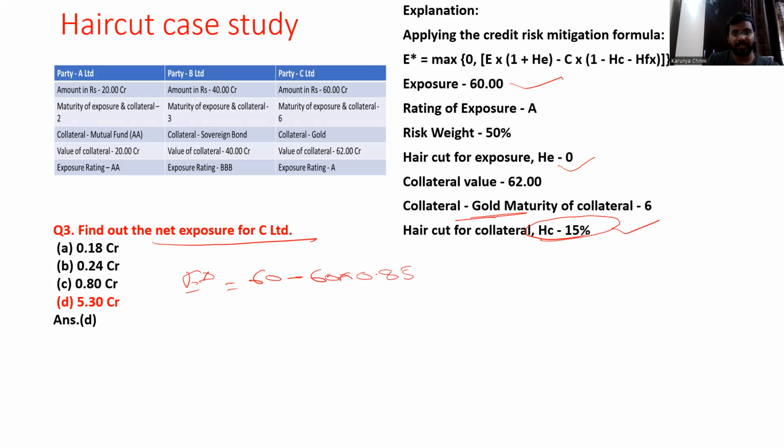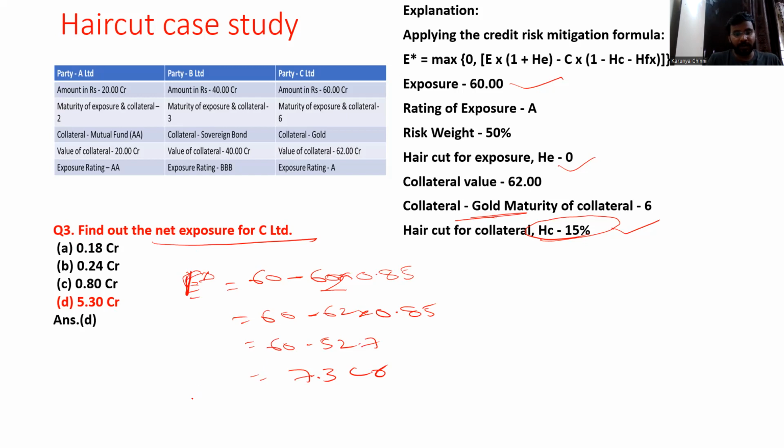Collateral is 62, sorry. So what is 62 into 0.85? That is 52.7. 60 minus 52.7 is 7.3. 7.3 crores is the